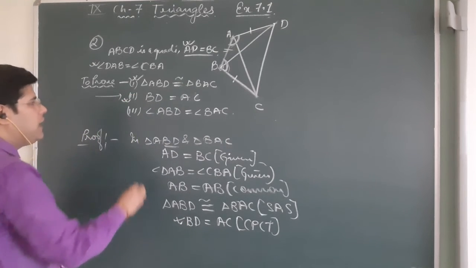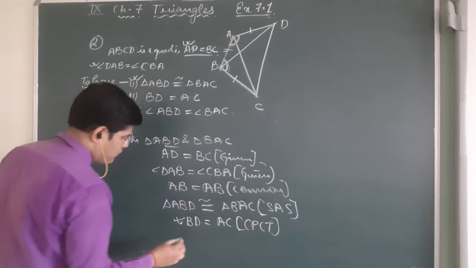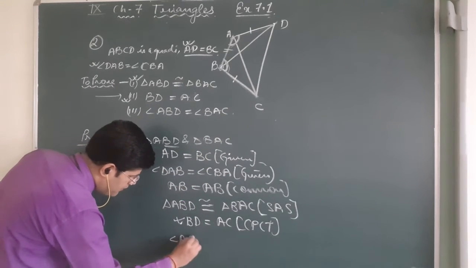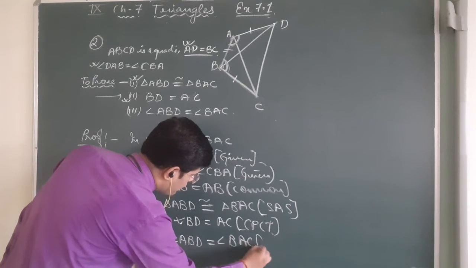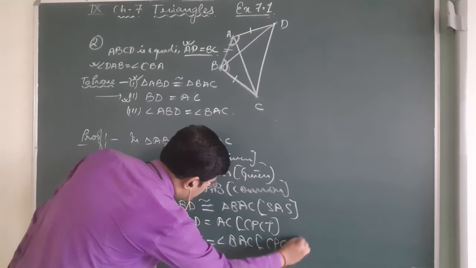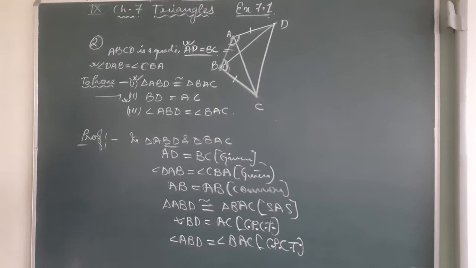Okay. Now move to ABD and BAC. Here angle ABD is given and angle BAC is given. So these are also equal. Angle ABD equal to angle BAC. This is also equal from CPCT. What does CPCT mean? Corresponding parts of congruent triangles. I have taught you in the properties, I gave you 6 properties. The 6th part is CPCT after the 5 congruency rules. Okay students, so here I have done question number 2 also.